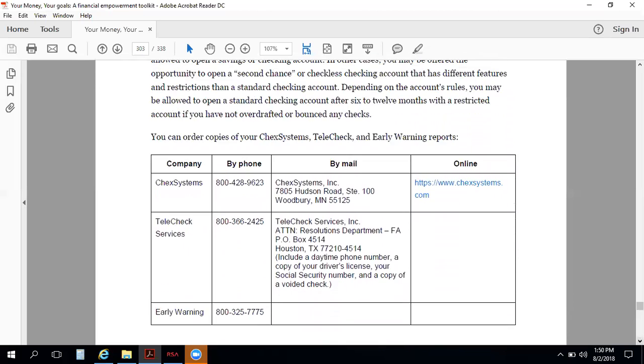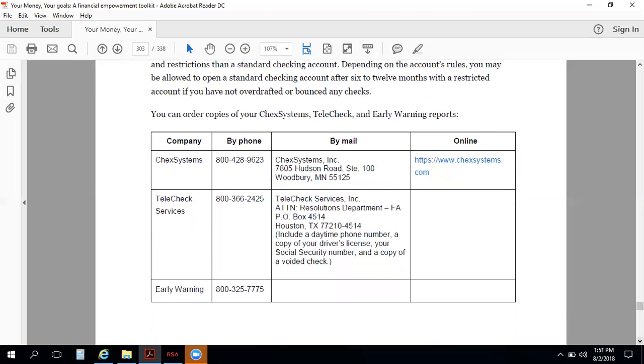But if that's a concern, if clients do want to check the information on these reports in terms of what's out there about their banking history, or if they're worried that there is going to be a barrier about setting up a new account, similar to accessing a credit report through the credit bureaus, a client can write to some of these companies that do keep a record of these banking histories and request a copy of any information or reports that they have on them,